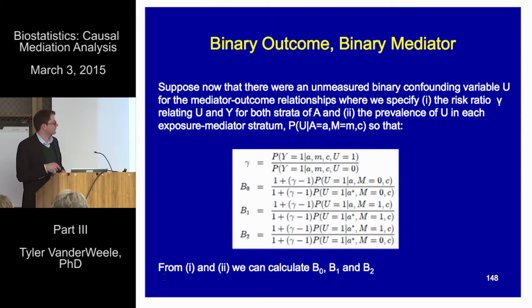We then have to specify the prevalence of U in each of the exposure by mediator strata. So what's the prevalence of U when the exposure is present and the mediator is present, exposure is present and mediator is absent, exposure is absent and mediator is present, and both are absent. So we have to specify all four prevalences now. Essentially, all of the parameters we would need to calculate our bias factor for both of the controlled direct effects. Once we do that, we've got 5 parameters now, our effect of U on the outcome and then our prevalence parameters. We can calculate 3 separate bias factors,